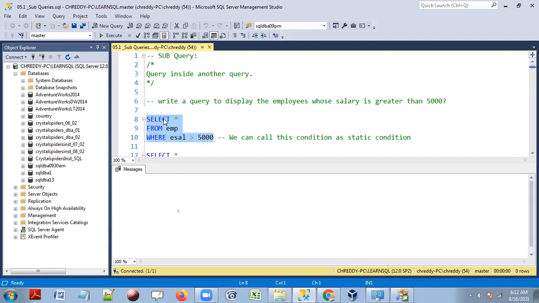If I execute this SQL query today, it will produce all the employees whose salaries are greater than 5,000. If I execute it after 10 days or after 6 months, it is going to produce the same criteria of results, that means whose salaries are greater than 5,000 only.